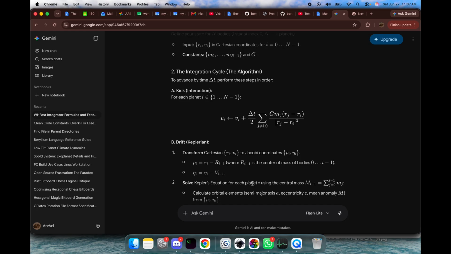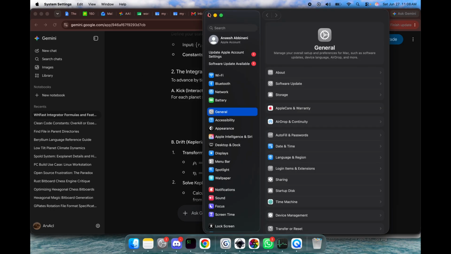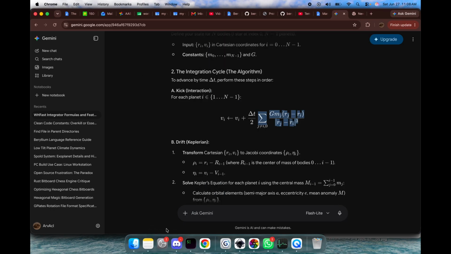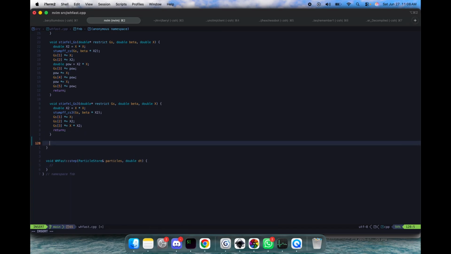So this is literally just calculating the acceleration. So if I just go into here, the acceleration is just update